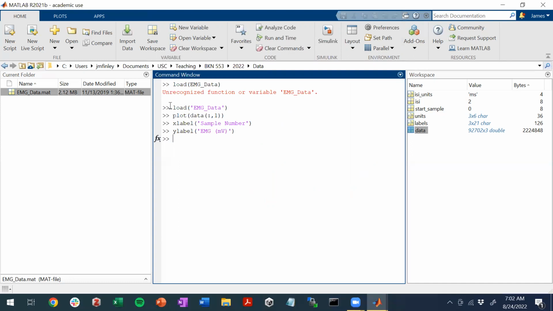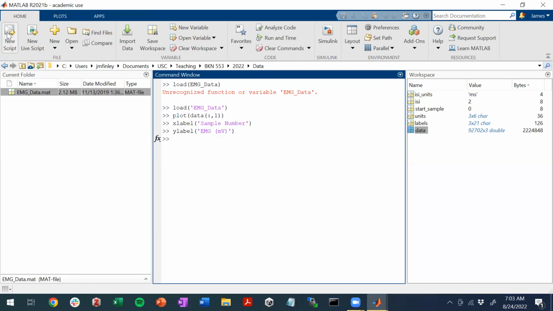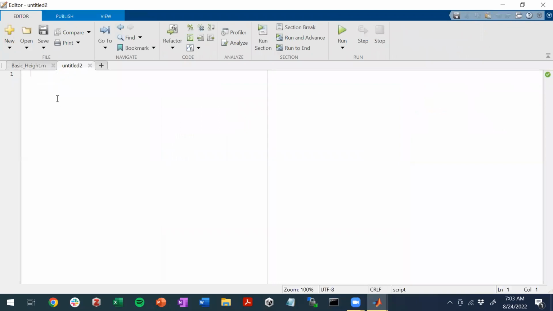So I've now used 4 different commands in the command window. And in general, this is not how you would really be programming, right? I haven't saved this anywhere. If I need to do it again, I don't really have this. I have to type everything over from scratch. All right, so what I'm going to do is actually copy these 4 lines of code, create a new script, paste this code, and I'm going to go to the top, press enter,